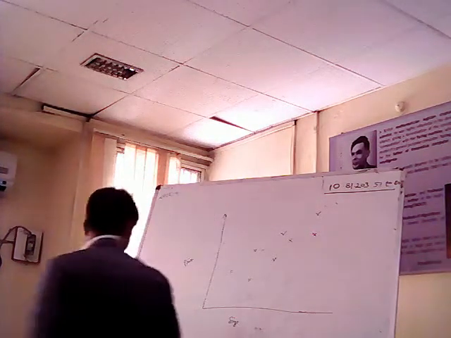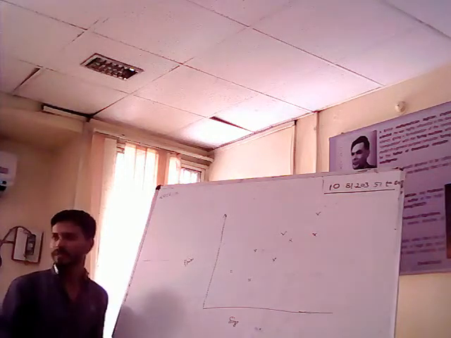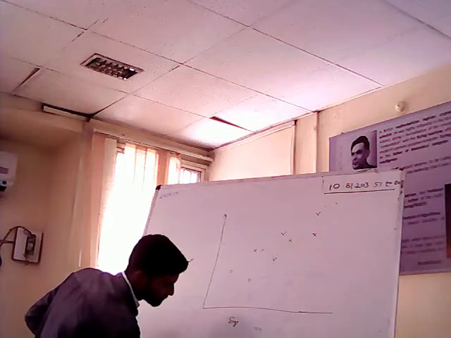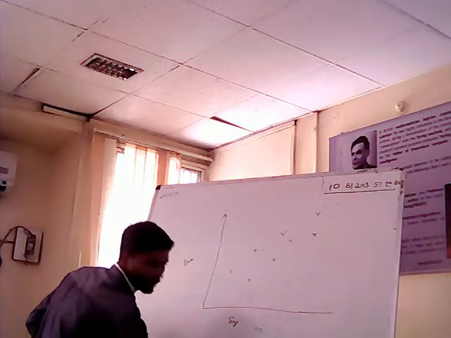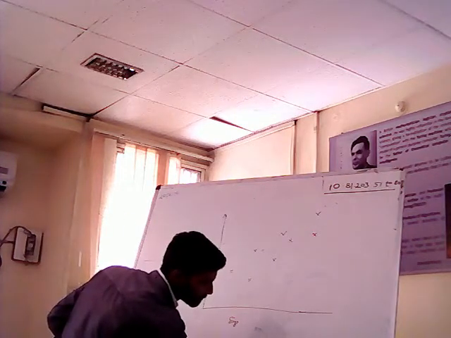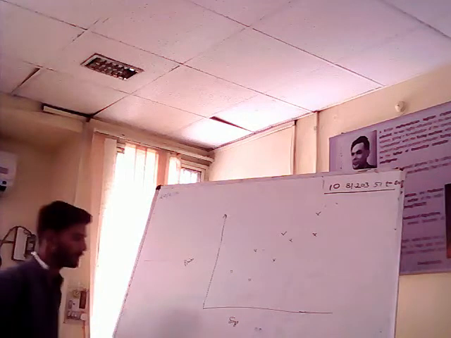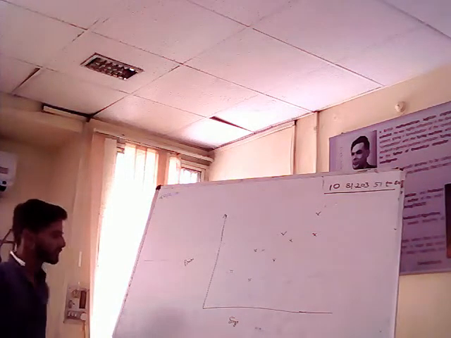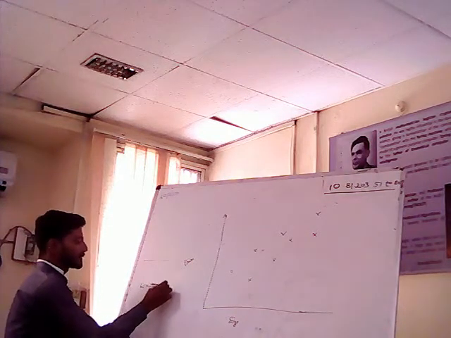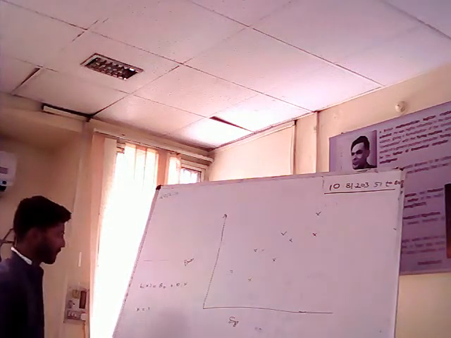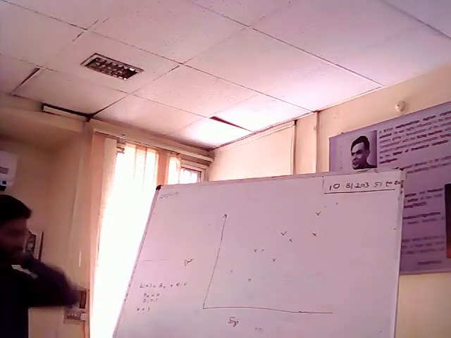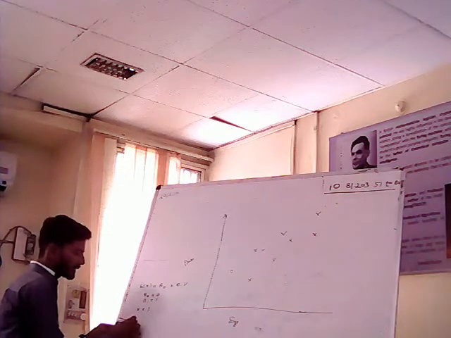So suppose for x equals to 1, we have the hypothesis h of x equals theta 0 plus theta 1x, and we have theta 0 as 0 and theta 1 as 1. So let's put these values in this. Our hypothesis will be h of x equals, here what is x? It is 1. So for x equals to 1, theta 0 is 0 plus theta 1 is 1 into the value of x, x is 1. So what do we get? 1.